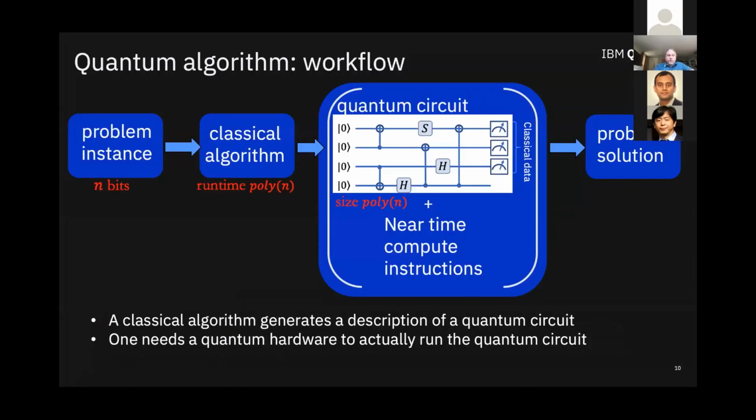So running a quantum algorithm in practice looks a little bit like this. We start out with the problem that we want to solve. We write a classical algorithm which converts that problem into a quantum circuit that runs on some big classical computer that's attached on the side of your quantum computer. Then you run your quantum circuit on your quantum computer, which is a special piece of hardware sitting off to the side or someplace in the cloud. And possibly there's also some what we call near-time compute associated with this, where you measure qubits in the middle of a circuit and act on them, kind of some feedback built in. And then finally, you get some classical data out, which gives you your problem solution.